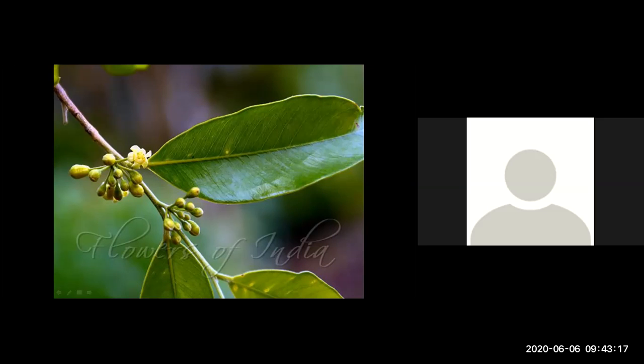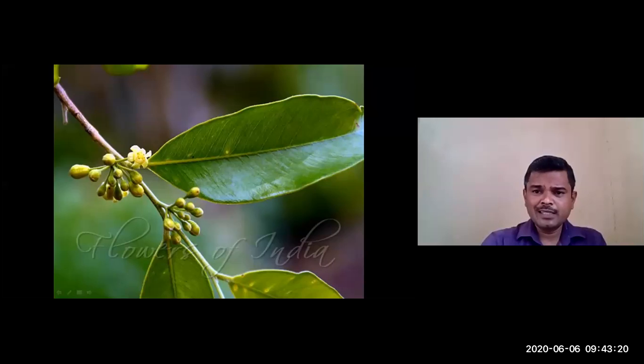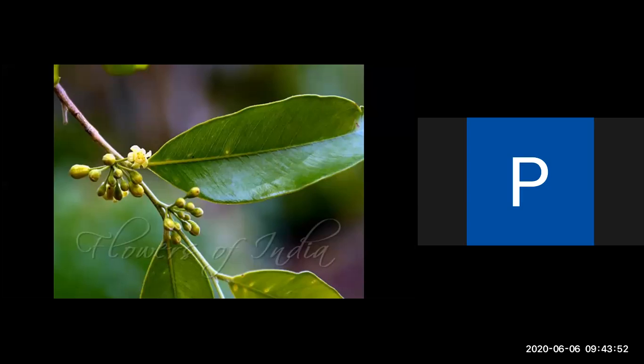And when we move to the shape of the leaf, if you see, the margins of the lamina are almost parallel. Based on this character, you can say oblong, and the length will be 2 to 3 times more than the width. So based on this character, we say lanceolate. Even elliptic is also possible, because it is broadest at the middle and tapering at the base and apex. Next, the margin is entire, and the length of the lamina is approximately 15 to 30 centimeter.